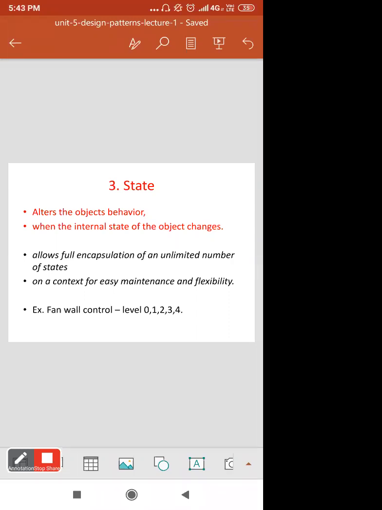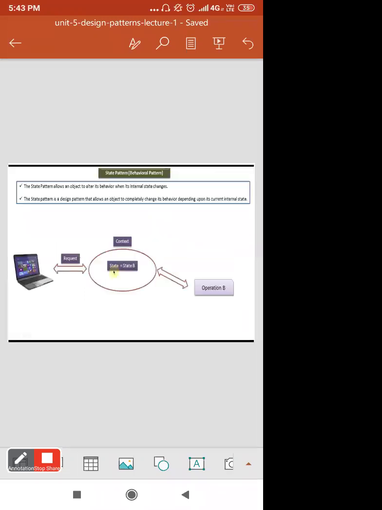It allows full encapsulation of an unlimited number of states on a context for easy maintenance and flexibility. Like a fan wall control is the example. You adjust it at different levels, 0 to 4, as per your convenience. So that is a simple and best example of the state design pattern.